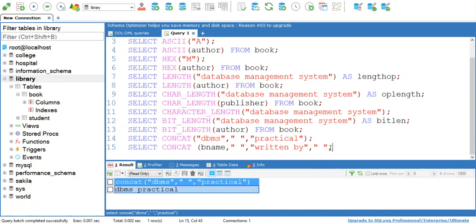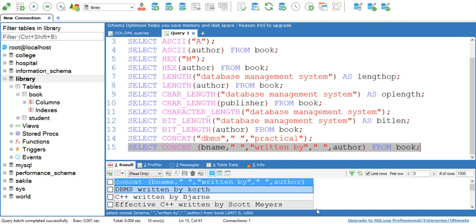Okay, so I want to display dbms written by quote. I have simply written select concat, b name is the attribute of my table, then space in double quotation, written by, again space in double quotation, and then write down your attribute, author, from book. When I execute this query, I'll get output like this.